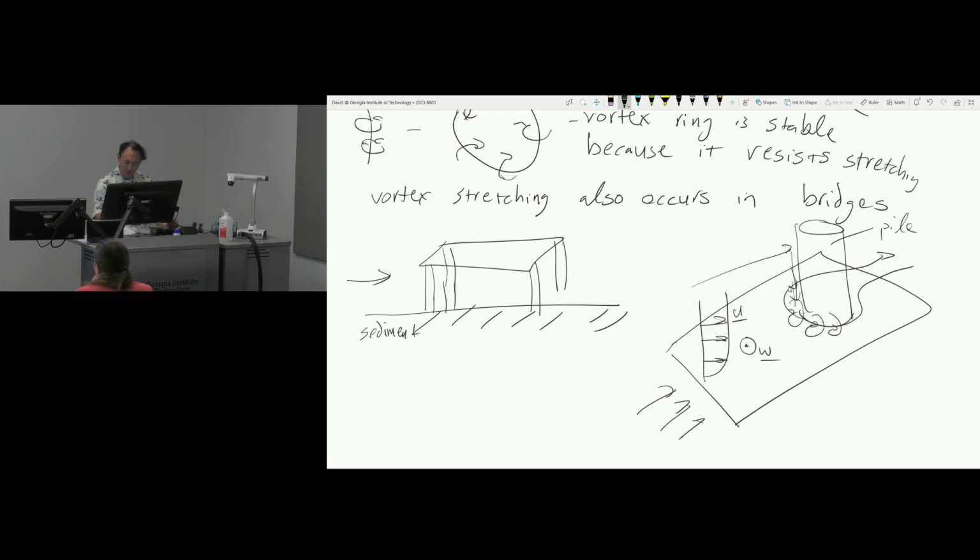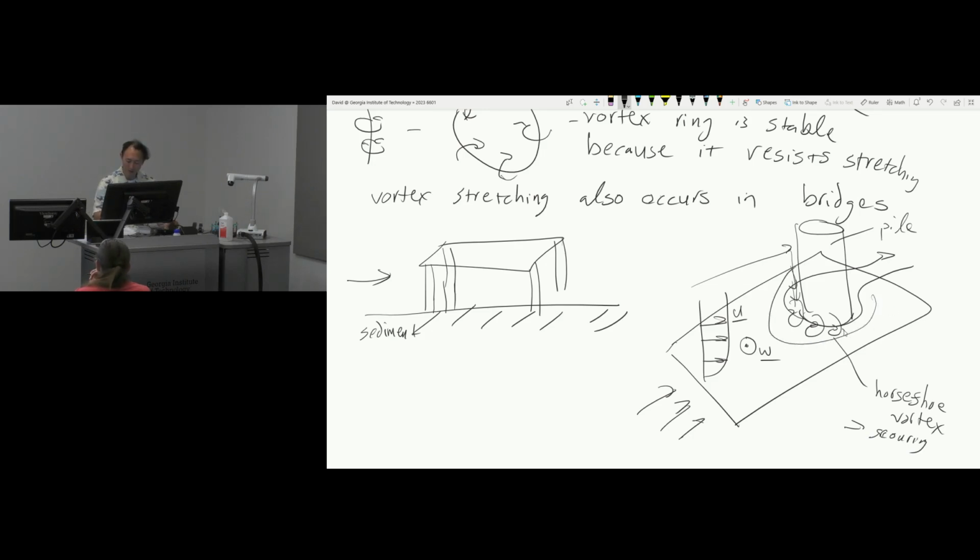This is called a horseshoe vortex in the front. And it's going to cause what's called scouring. Scouring is generally bad for bridges. From what I read, there's 1,000 bridges in the US that have failed, and 60% is by scouring. It's because over time, if you've got a river,